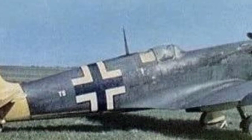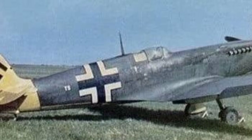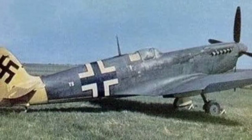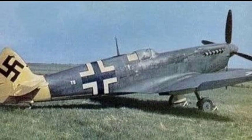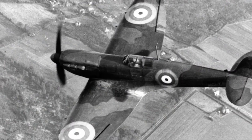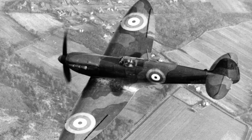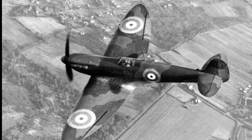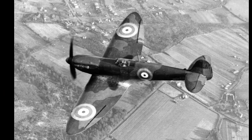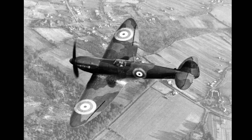World War II is often remembered for the fierce aerial battles between iconic aircraft like the British Spitfire and the German Focke-Wulf FW-190. However, in the shadows of these epic dogfights lies a lesser-known chapter of aviation history: the instances when German pilots flew Spitfires and British pilots flew FW-190s. This fascinating twist in wartime aviation reveals the complex dynamics of intelligence gathering, aircraft evaluation, and the relentless pursuit of